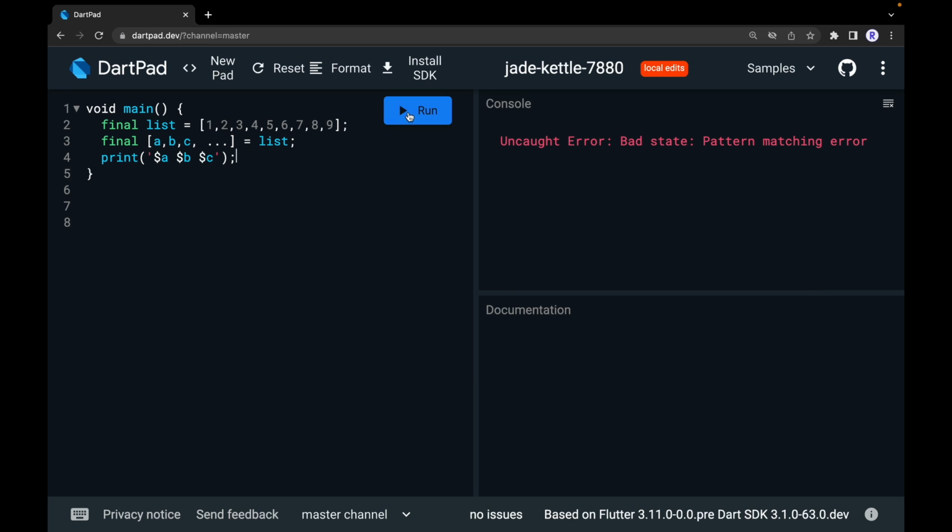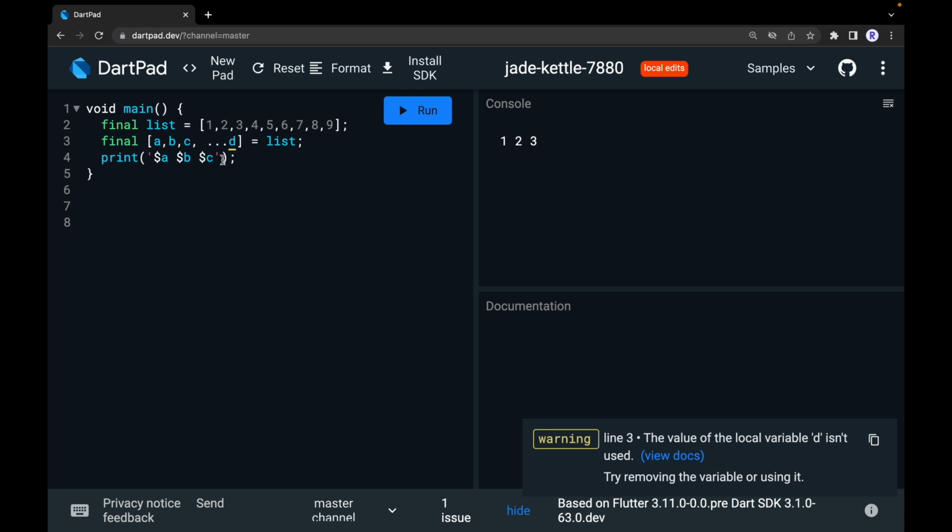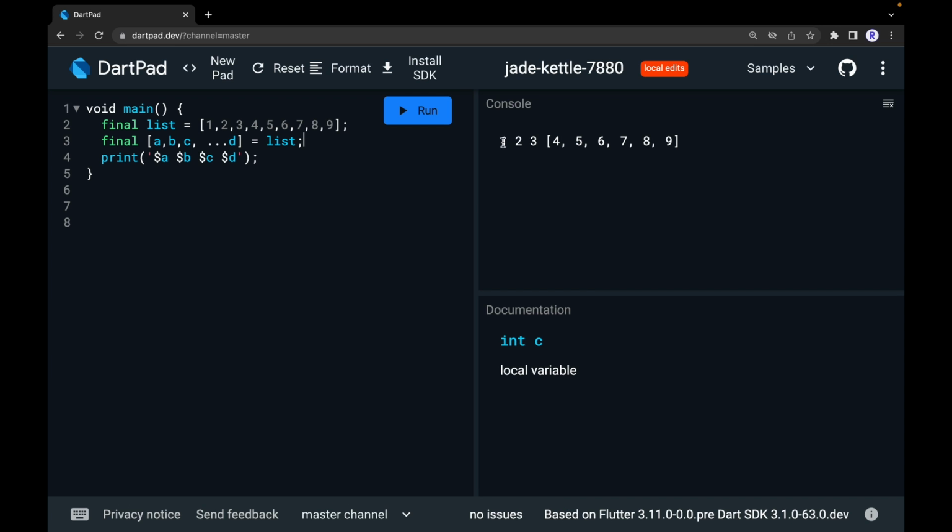Now if we have that, the error is resolved and ABC contain the value 1, 2, 3. And the rest are contained in these 3 dots. But what if I want 4, 5, 6, 7, 8, 9 as a separate independent array? We can get that as well by just putting a D after these 3 dots, and then having $D like this. Now if I run this, we have 1, 2, 3, which is ABC, and D,